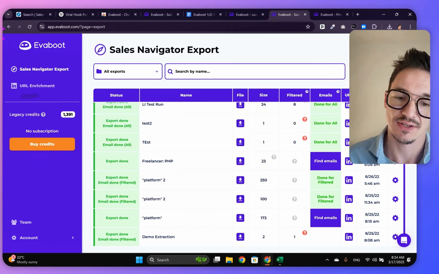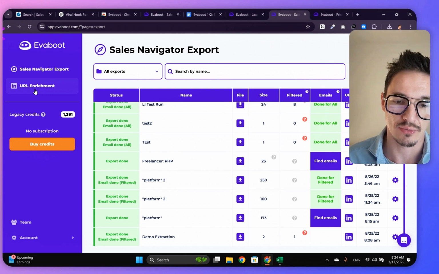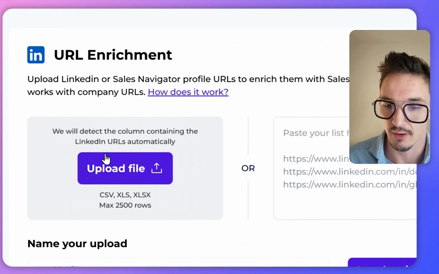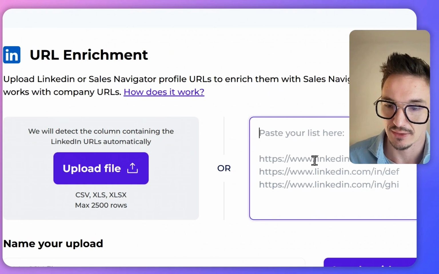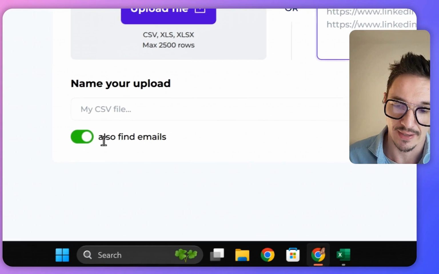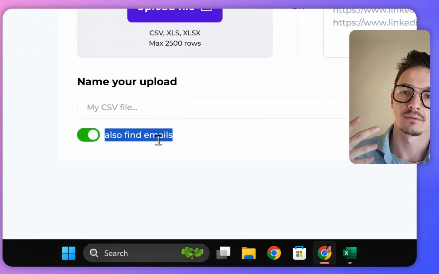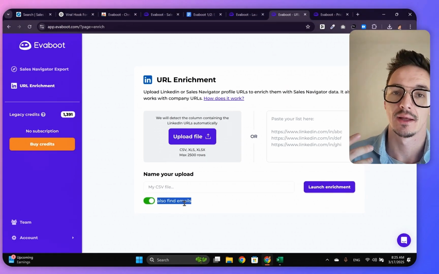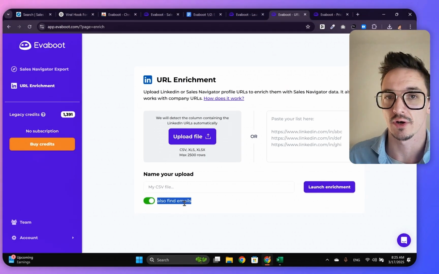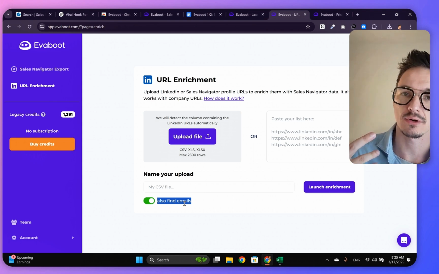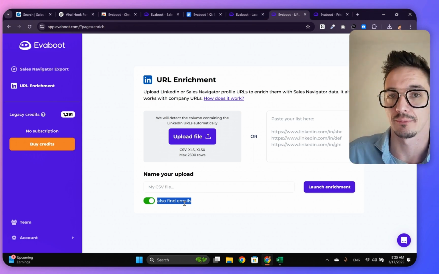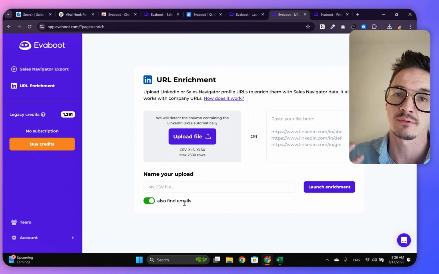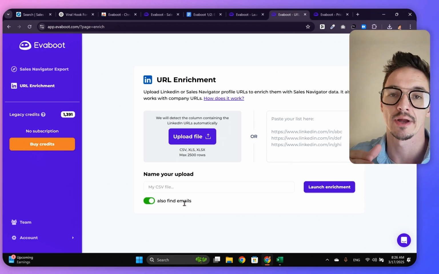So you have to go out there and search for them once again. And this is where this feature of URL enrichment comes into place. What you need to do here is simply upload the file, or you can paste their LinkedIn URLs right here, and then find the emails, and it will automatically enrich the list for you. So you've got the updated data that is once again a lot cleaner, so you can use it for your outreach purposes, get more response rates, and actually get in touch with people without burning your outreach emails if that's what you're using. Both of those features are extremely useful, so choose them depending on where you're at right now,